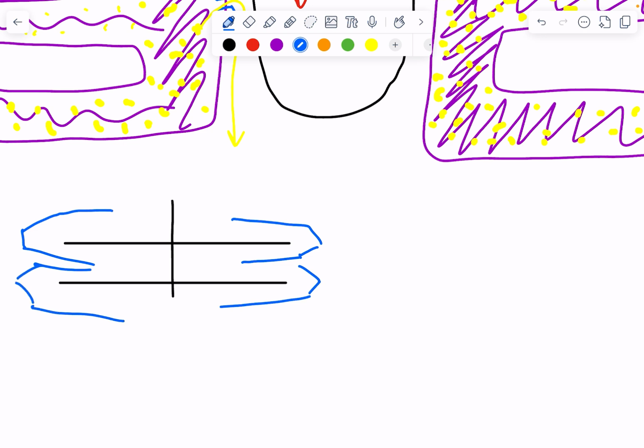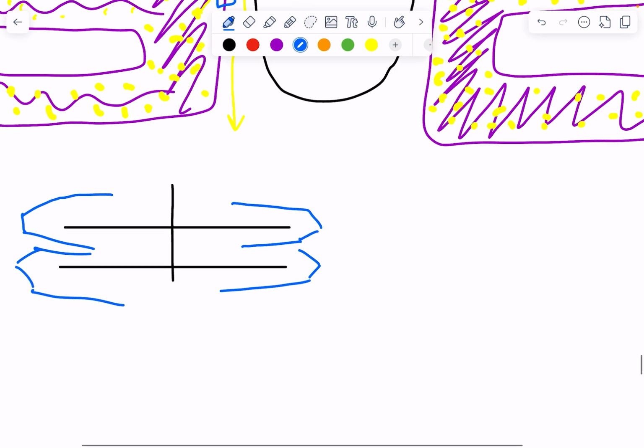And that is going to allow the troponin to initiate contraction, and